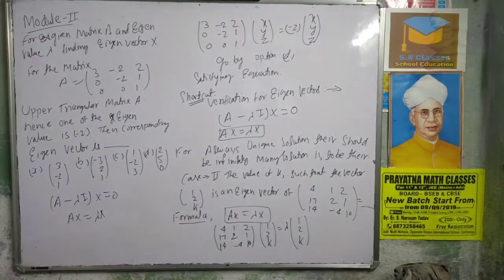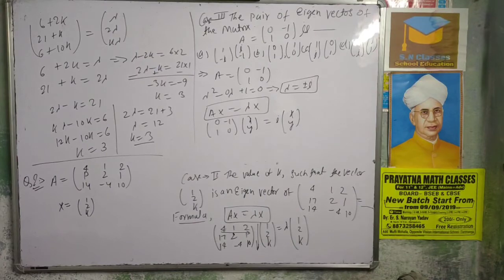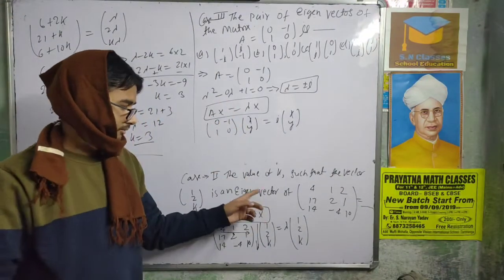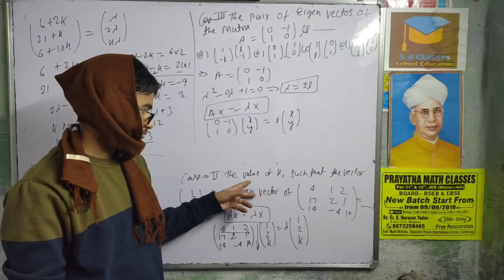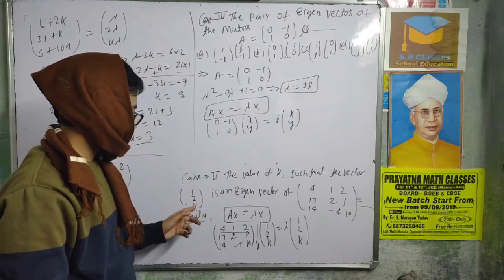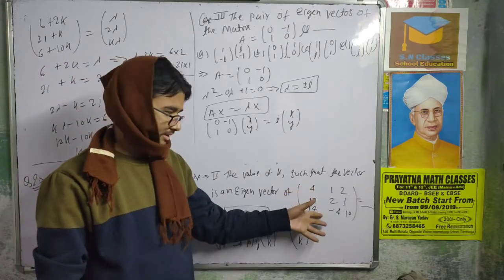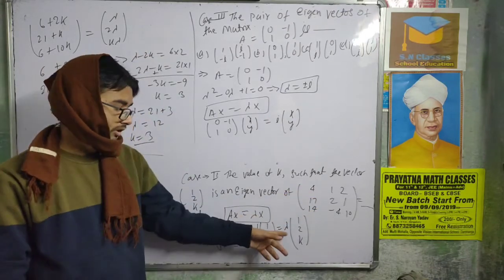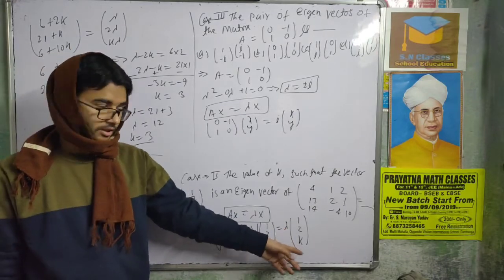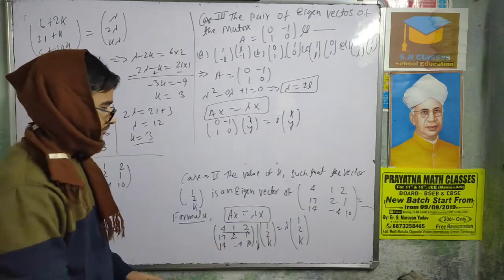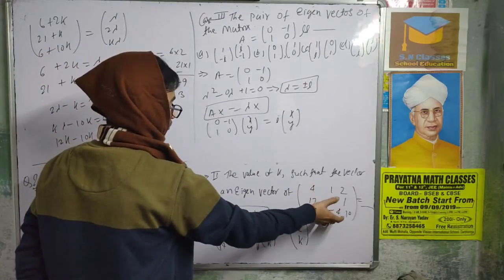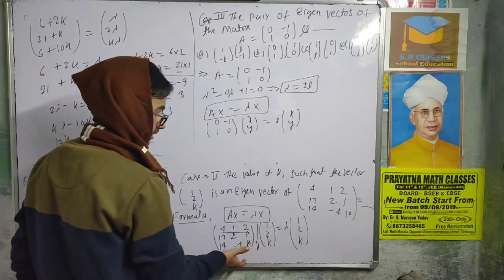Okay. So in the previous slide I have told you question number 2: find the value of k such that the vector given, 1, 2 and k, is an eigenvector of this matrix. Then find the value of lambda as well as k. Basically we need to find k, but we don't know lambda either. For lambda, we can find it with the matrix A, because we know the matrix A, so we can get the lambda value.